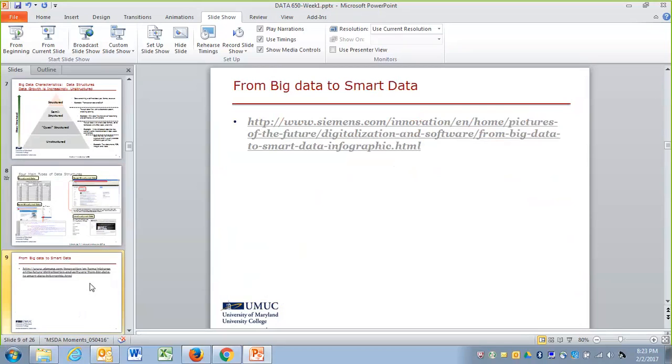Now I want to talk about a very important transition, which I have pointed out in the classroom: the transition we are having today between big data and smart data. One of the links I posted in the class announcement is regarding that, a Gartner report saying big data is no longer in the hype. I guess everyone must understand what that means. It's not that big data is not there. Big data is here to stay and to evolve.